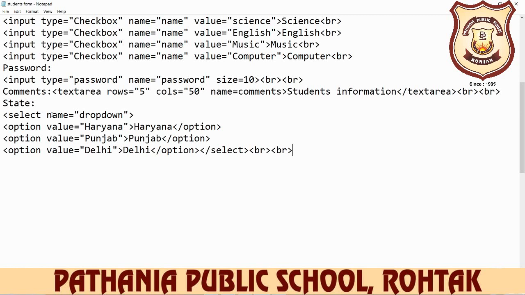Now this is your assignment. You insert a form in your web page. So everyone do the coding of the form. Okay, so here our chapter number 4 is completed. Next time we start our chapter number 5.